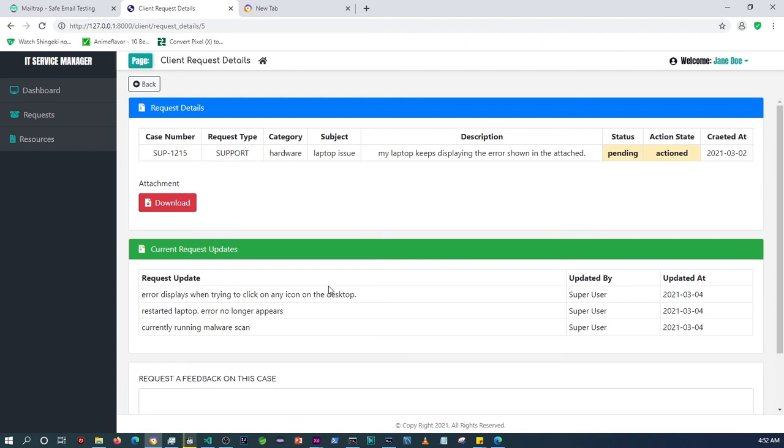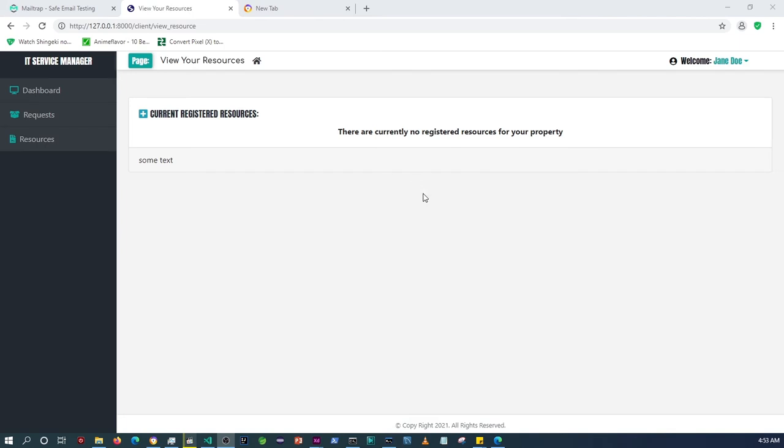The other thing is, I also implemented a functionality where, say for example, you are providing the client with some support and you want to know the type of resources they have within their organization. You can register them here within this application, and this will be the page where you view the client's registered resources. Currently this is a new user. There's nothing registered for them, but if I were to log in as a different user,